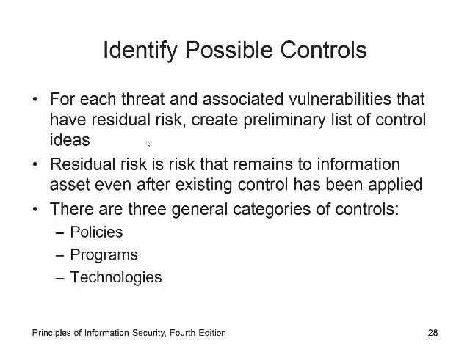Possible controls. What are we going to do to protect against these risks? Just because I like a Linksys router, does that mean that's the only type of router out there? Heck no. There's lots of them. So I need to identify different possibilities of controls. Since each threat and associated vulnerability has residual risk, actually we haven't covered residual risk, but residual risk is risk that has not been controlled at this point. Okay? It says residual risk is a risk that remains to information after existing controls have been applied.